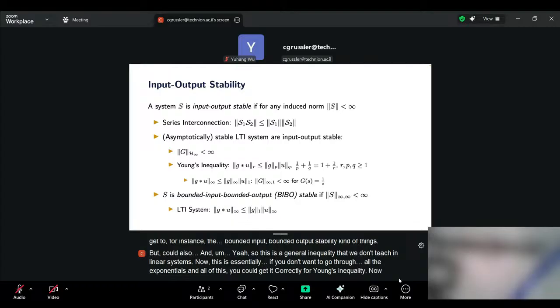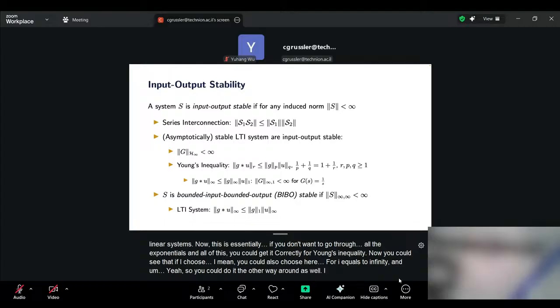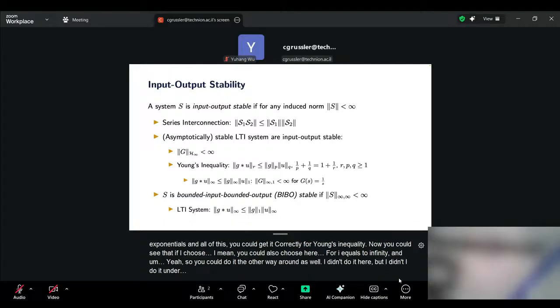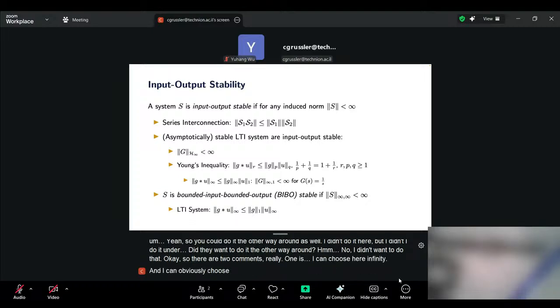Now you could see that if I choose, I mean, you can also choose here Q equals infinity, so you could do it the other way around as well. But I didn't do it here. Why didn't I do it? Did I want to do it the other way around? No, I didn't want to do that. Okay, so there are two comments, really. One is, I can choose here infinity, and I can obviously choose here infinity, and then I would get here